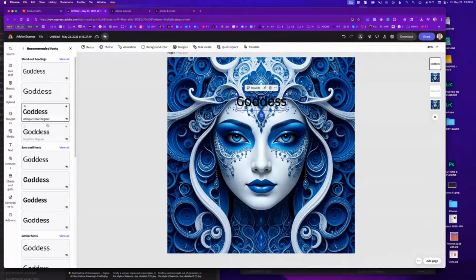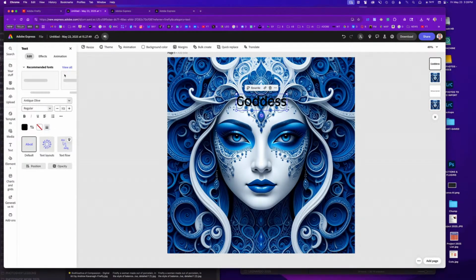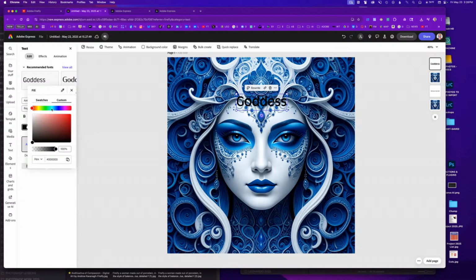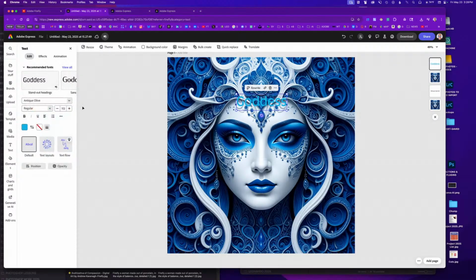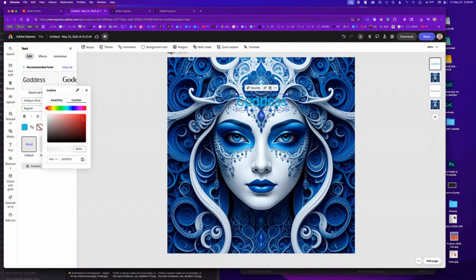Maybe something that's more bold like that. And then going to go to custom, maybe a light blue. I click out and then I go to outline. Maybe do a dark blue. Not sure I like the way that the G created though, which is weird. It looks different from the